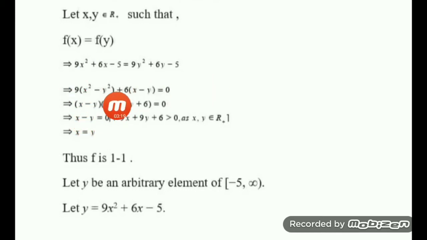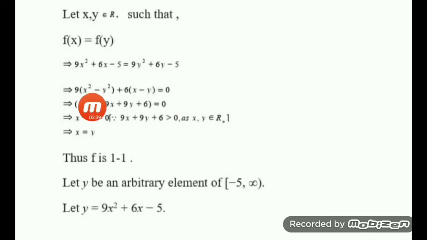So I have written that. I skipped that step, but you can write down 9. Here we will have what? (x plus y) into (x minus y) plus 6(x minus y). Then we can take common (x minus y). I told you I skipped one step. That step you can write down. (x minus y) taking common here, what is left? 9(x plus y) will be left. That is (x minus y)(9x plus 9y plus 6).